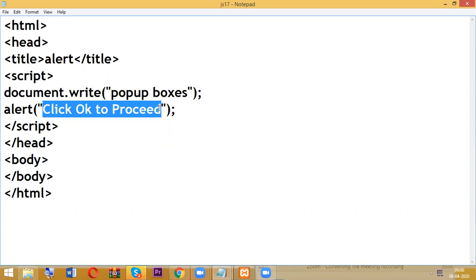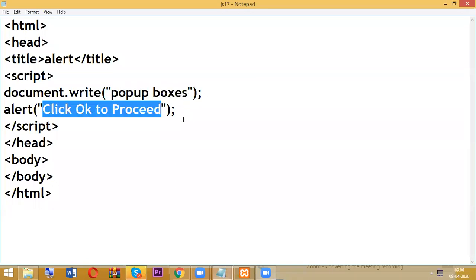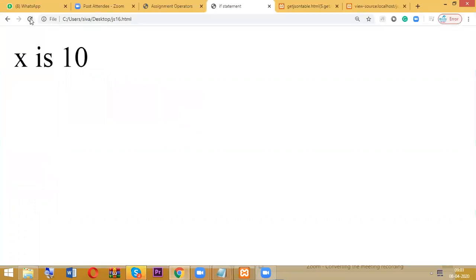What is the difference here is, if you prefer document.write, directly it will display in our browser. If you prefer alert, it is going to display in the pop-up box. So Control S to save and just refresh. Are you getting that? Okay.